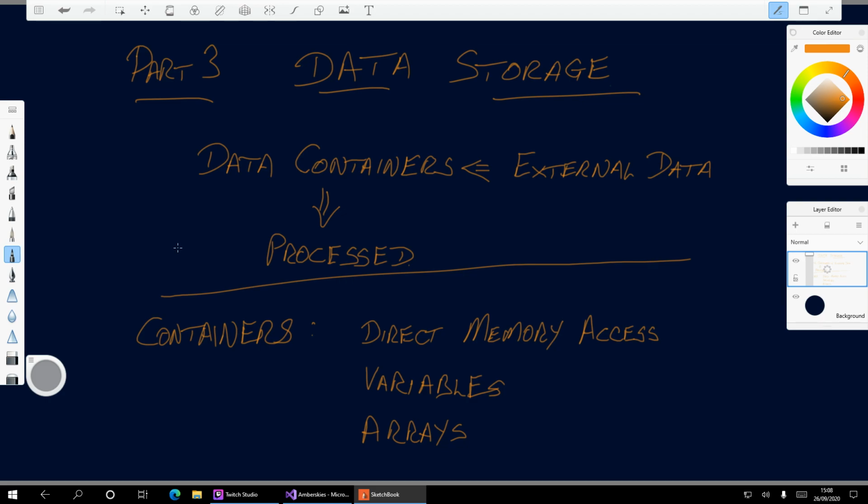But it's not quite that simple. As I said when I was trying to work out how to express it on the screen, there are an infinite number of ways that you can do this. Just because a language gives you variables and arrays doesn't mean you have to store your data that way. You can invent your own way. That's how databases came about. Somebody invented the database.